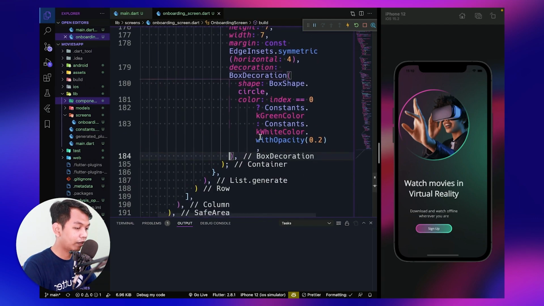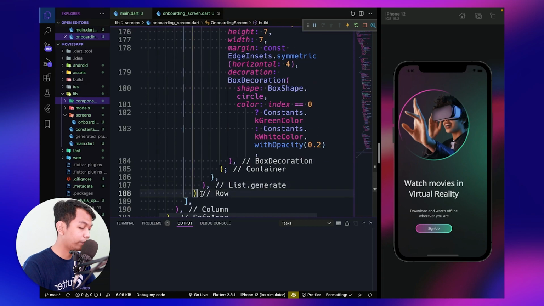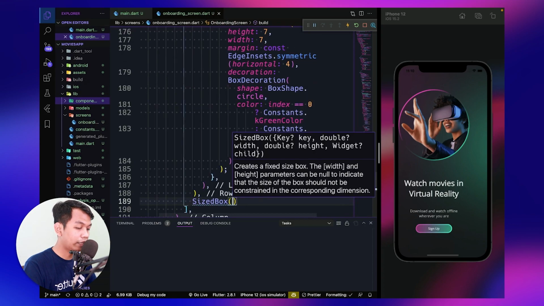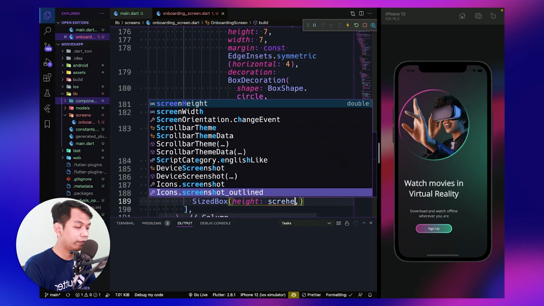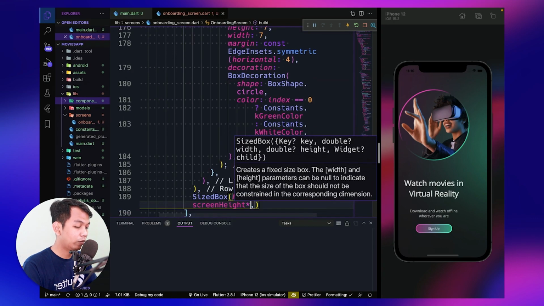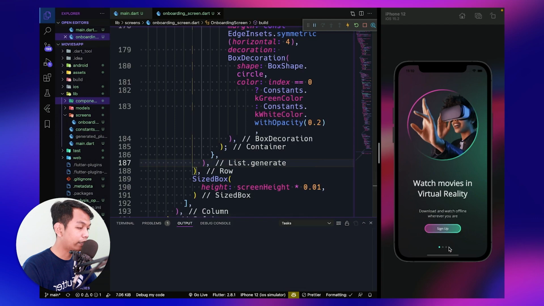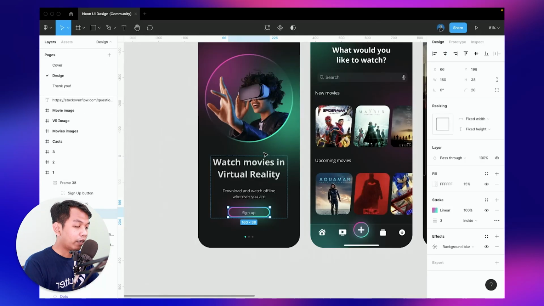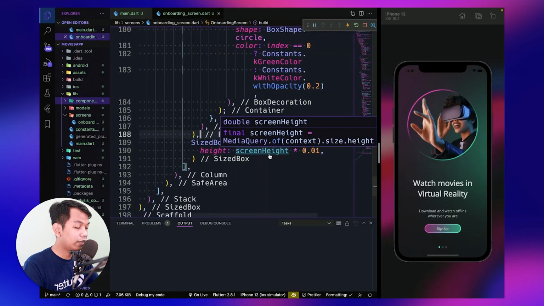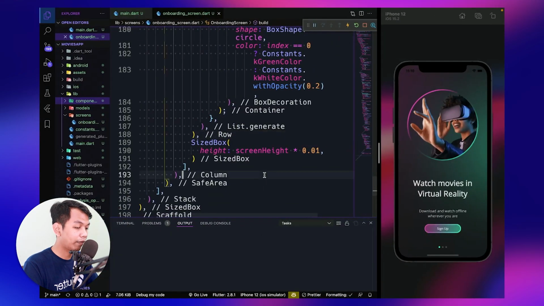And below of our row widget, we will give size box with the height is screen height times 0.01, which is this will be 1%. Alright, look like this. So we have this. And let's see the design. So I think it's similar, but